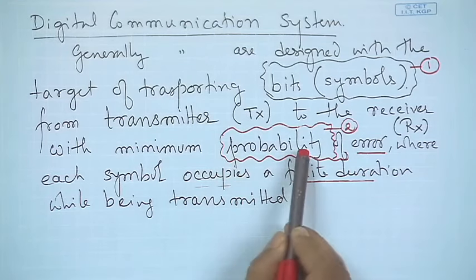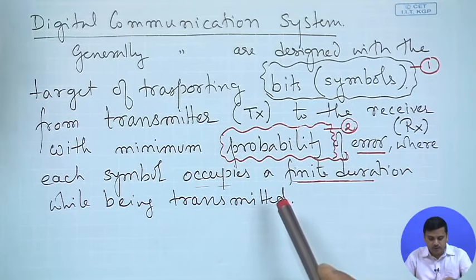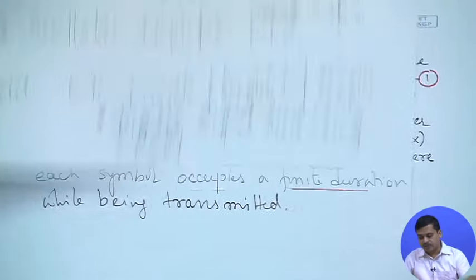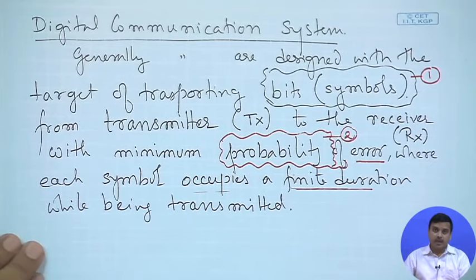Now, it is not very obvious why we are talking about probability. About bits and symbols, it's somewhat clear to you going by this particular picture, but we'll see more of it, why we talk of bits and symbols. With probability, I'll talk about it in this session or maybe in future sessions, why we bring in the notion of probability, because the way we look at communications in digital systems is quite different from earlier versions. So as we move ahead,